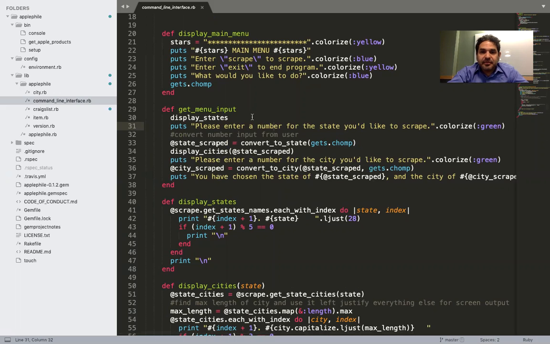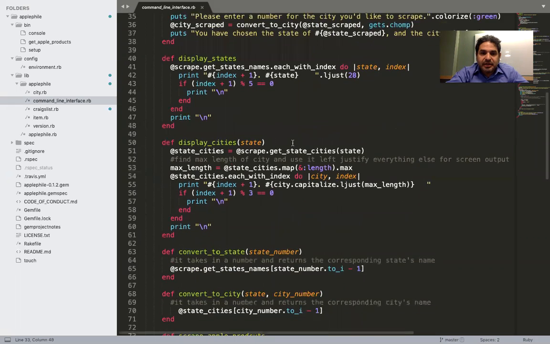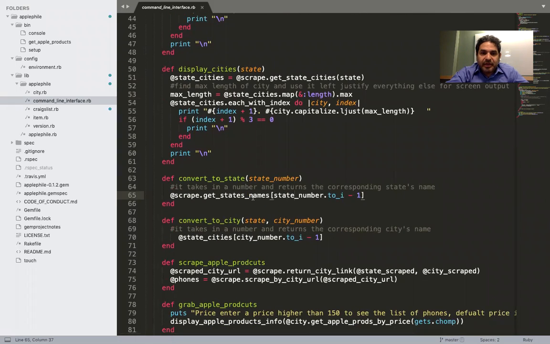Oh, I'm sorry. The display cities right here, and it just wait. I'm sorry. I scraped convert to state. So sorry. So when I say it takes the input for the state and it converts it to it. So I'm going to go to that convert to state, and remember that I'm getting the get the state name is